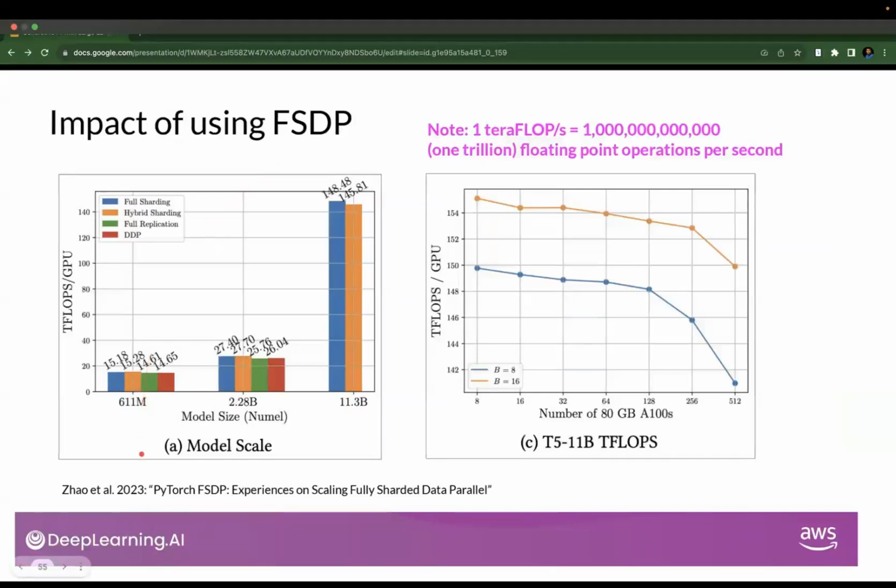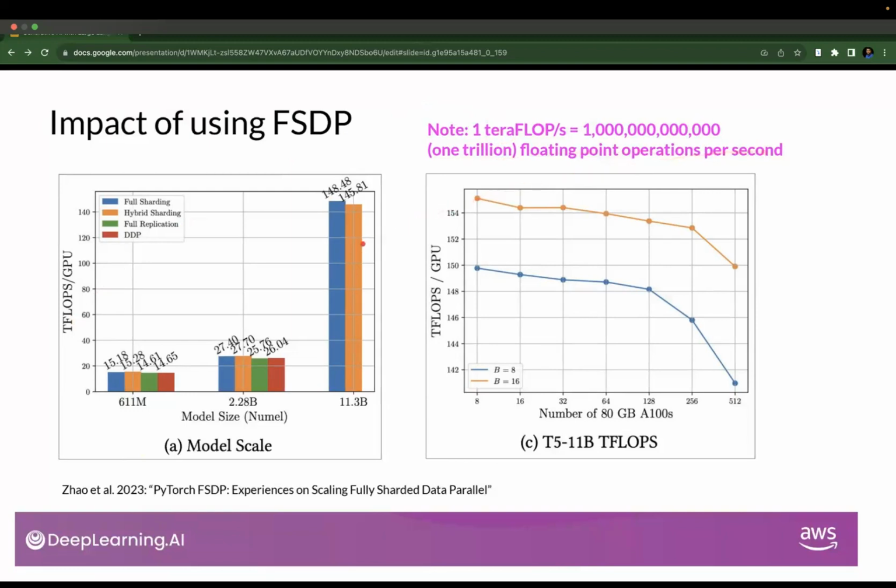And yes, in this video you must have noticed we have links to a lot of research papers. So this is the graph taken from one of the research papers where they try to compare how the model size has an impact on different training techniques. So this is full sharding, hybrid sharding, full replication, and the data parallel. This TFLOPS is the number of teraflops, or the number of 1 trillion floating point operations per